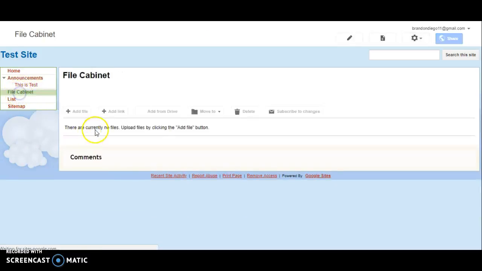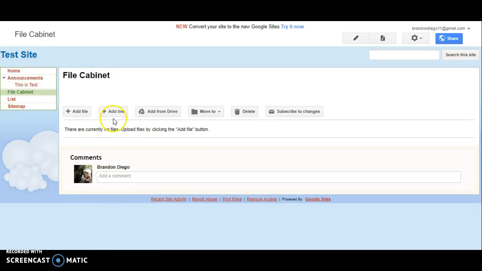And then there also is file cabinet, where you can add any type of file you want. You can add it from your computer. You can get a link. So if you want to add a picture to your sites, you can add that. You can add it from your drive. You can also move into a new folder, so that you can add a new folder to your sites. You can delete any images you want, and then they can also subscribe to any changes that are made to this